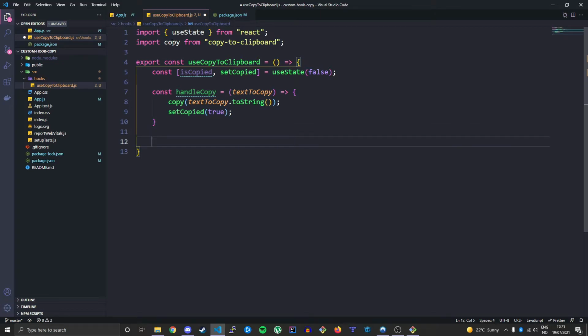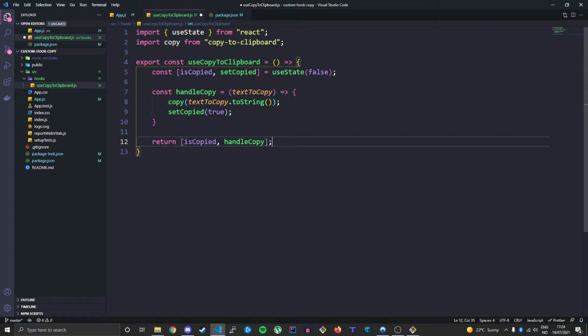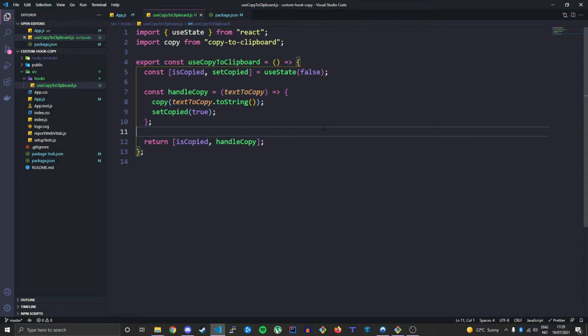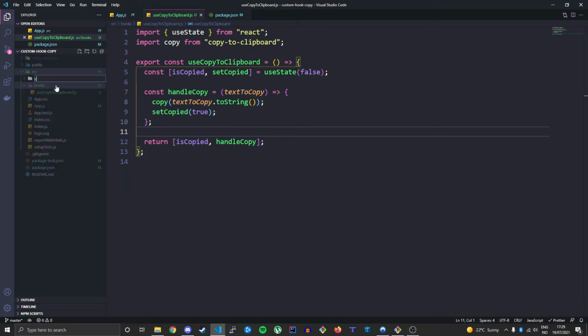And finally, we'll return the most important values here, which is copied. We can say whether or not something is copied in this hook, and the handle copy function. That is it. Now that we have created our hook, let's make a component that can actually use that hook. Let's go into our source folder, make another folder called components,